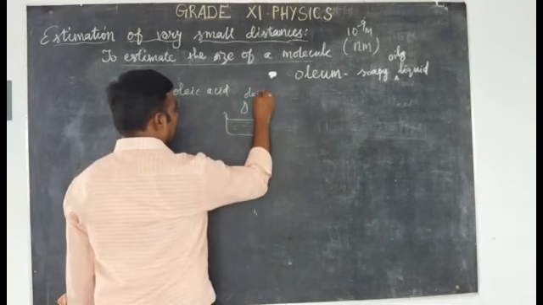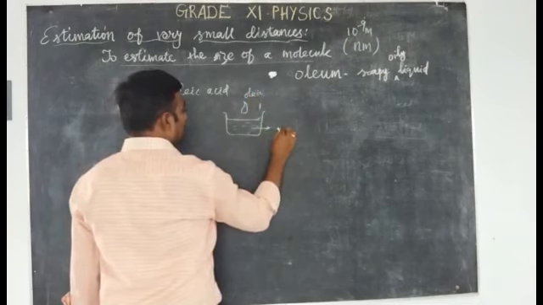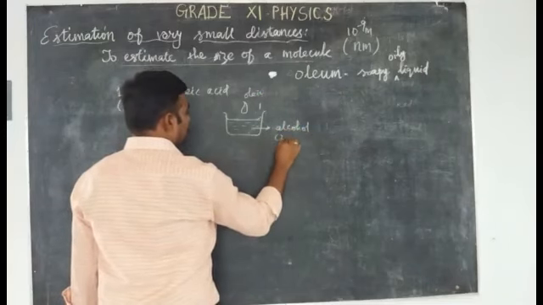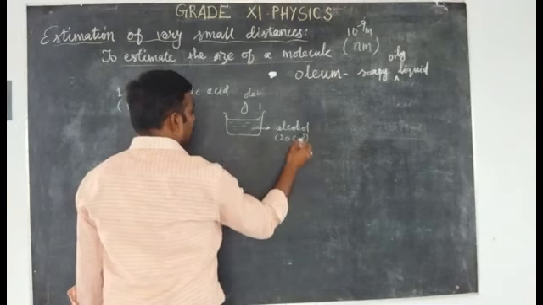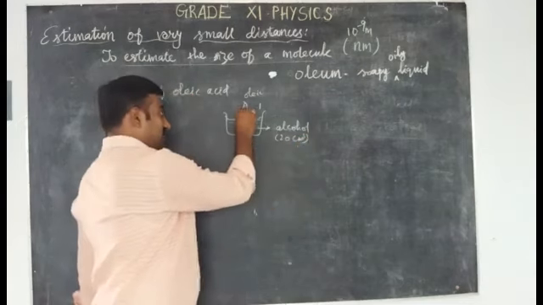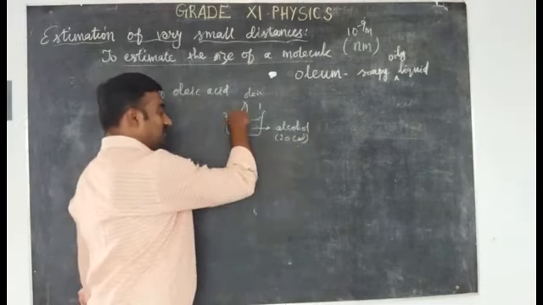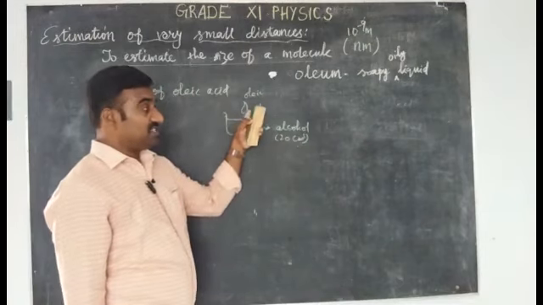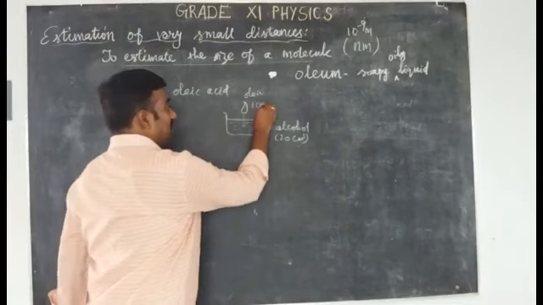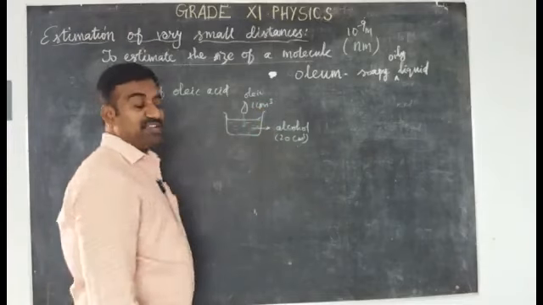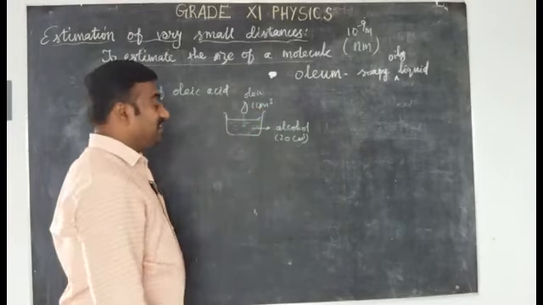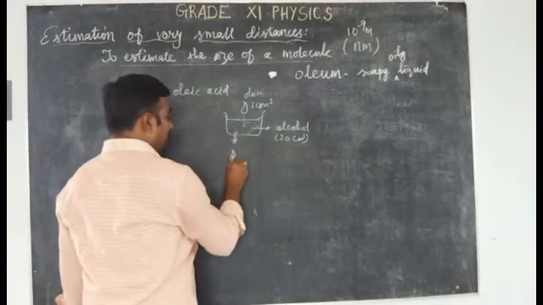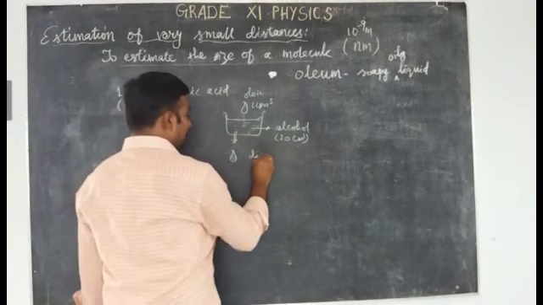This is oleic acid. This is alcohol. The amount of alcohol is 20 centimeter cube. It is mixed in this alcohol solution. Continuously you stir it and it completely dissolves: 1 centimeter cube of oleic acid is completely dissolved in 20 centimeter cube of alcohol. After the dilution, from this you take the diluted oleic acid.